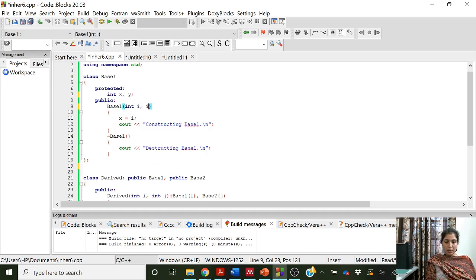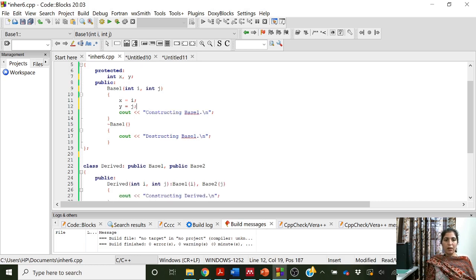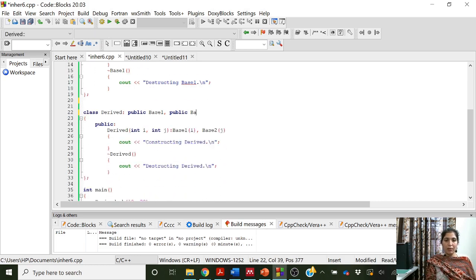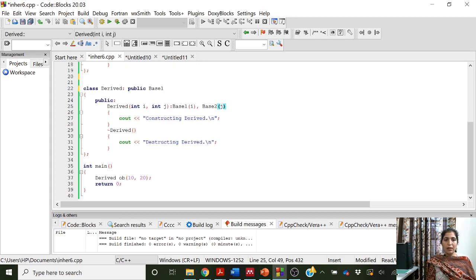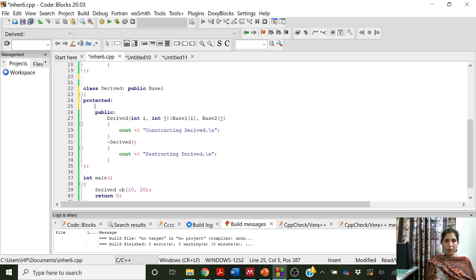So it will need two formal parameters to initialize x and y, x equal to I and y equal to j. Okay, and here we are having only one base class. Okay, and in the derived class let us have something here, protected int xyz. Okay, and ij int k.